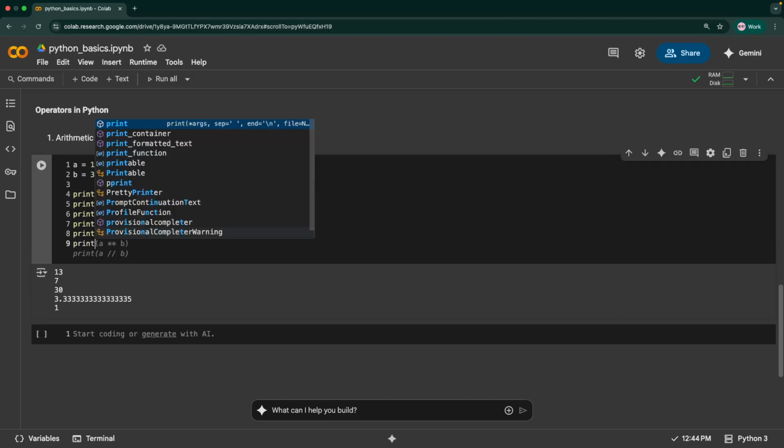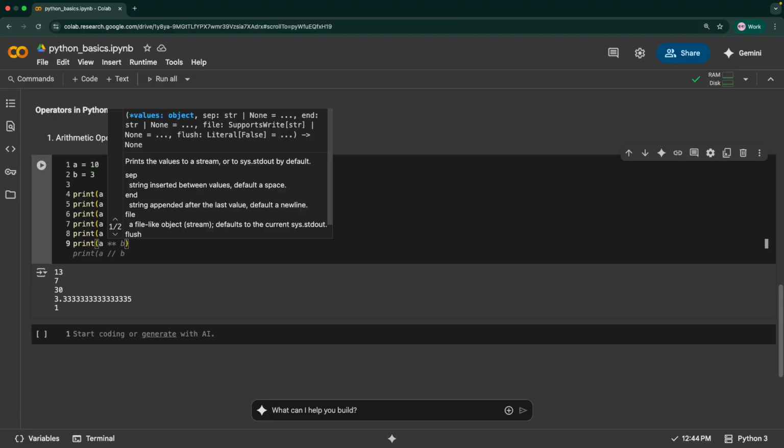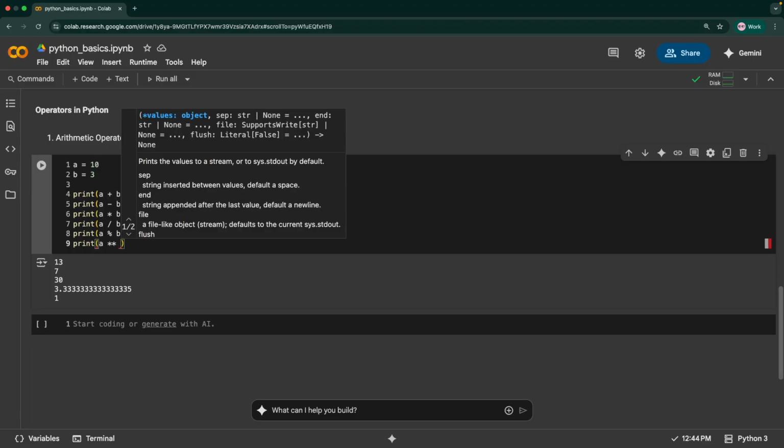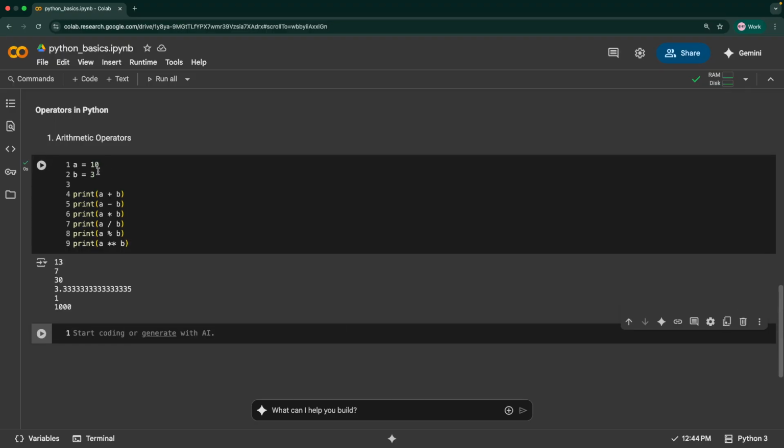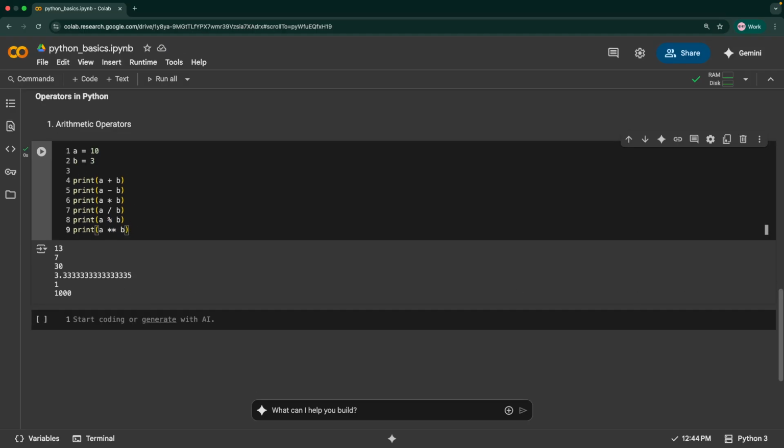And then you would use an asterisk, like you can use asterisk 2 times and say a ** b, and this is for exponent, so it's like 10 power 3, so 10 to the power 3 would be 1000. So these are all the different basic operators that we have in Python. So first we have addition operator, then we have subtraction operator, we have multiplication operator, and then you have this forward slash for division, and then the percentage symbol, which gives you the remainder when you divide the two numbers, and then we have exponent as the other operator. So these are the basic arithmetic operators that we have in Python.